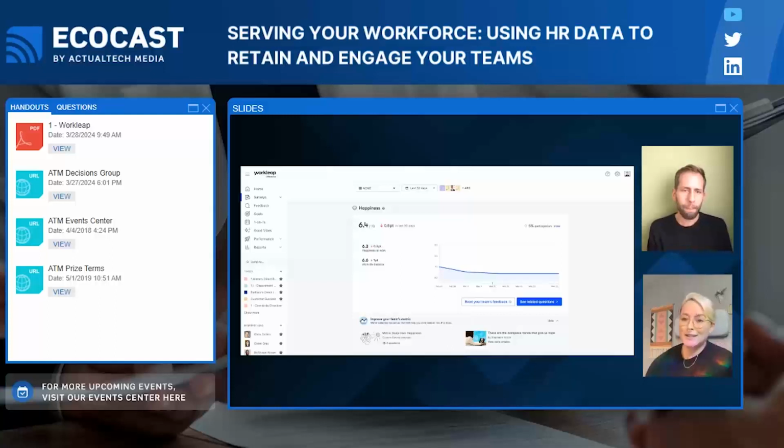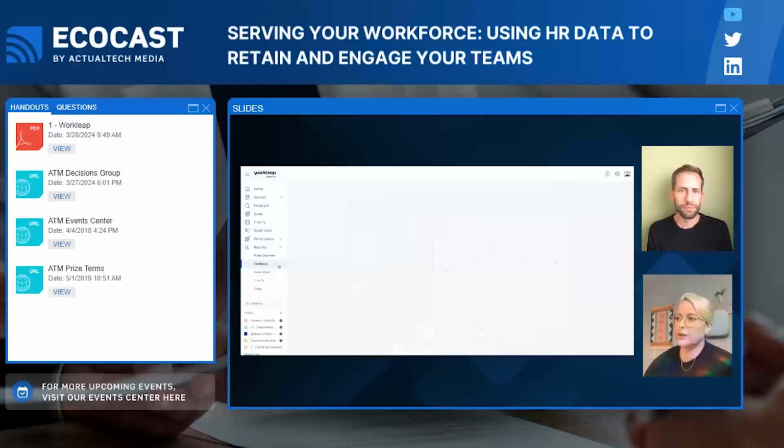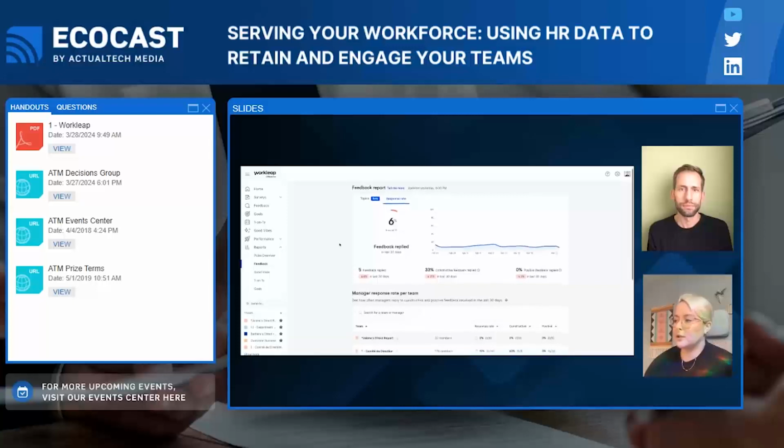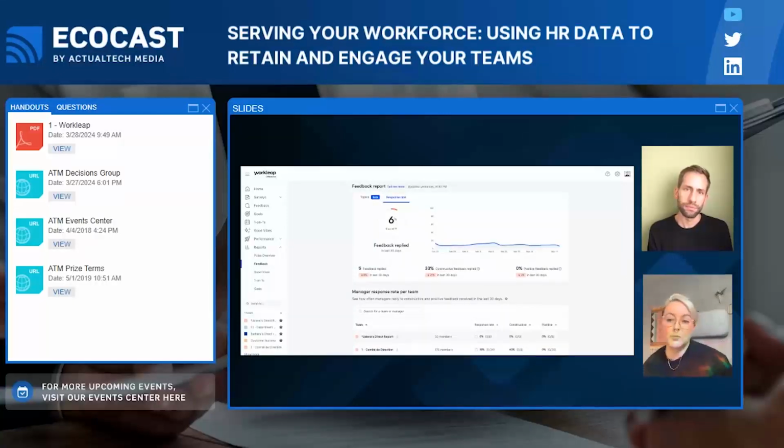Across all of the clients that I work with, we do analyze the trends in feedback and feedback response rate. So if I hop back into our feedback report, for example, I'll show you one of the other reports that's built in here, which is response rate. We do see a direct correlation between feedback response rate and engagement in WorkLeap Office Vibe. And then, of course, the more engagement you have in the tool, the more information you have to gather insights and act on. So we want as many people responding as possible, so that you have a proper data set to work off of, and making sure that the data set is reliable.